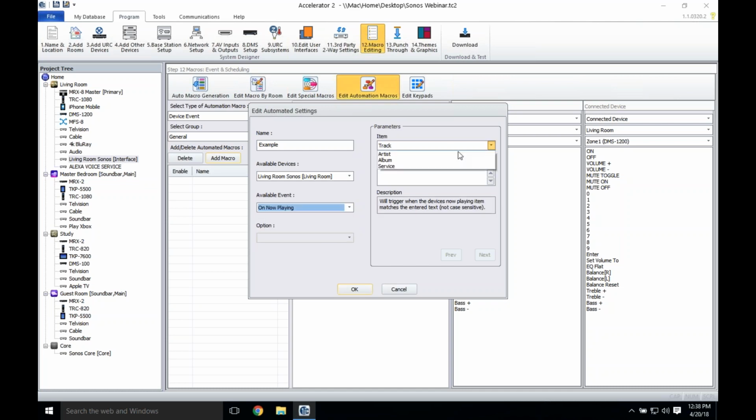We can also do on now playing, and this is based on track, artist, album, or service. This will trigger when the device's now playing item matches the entered text, and the text is not case sensitive, which is really nice. And then lastly, on the line in, which will allow our macro to trigger when the Sonos device's source changes